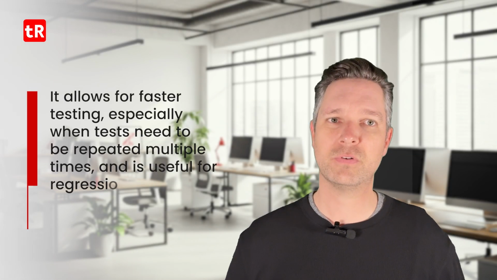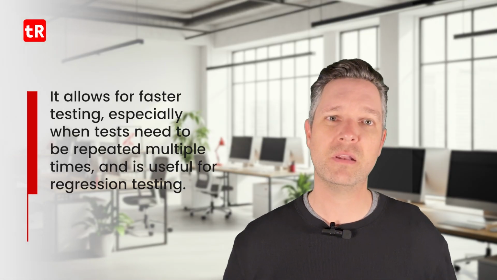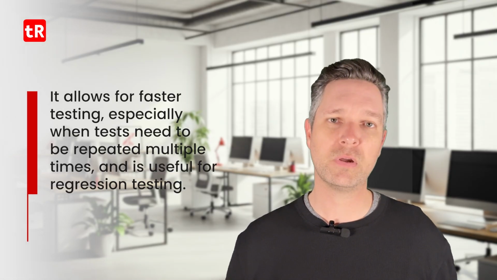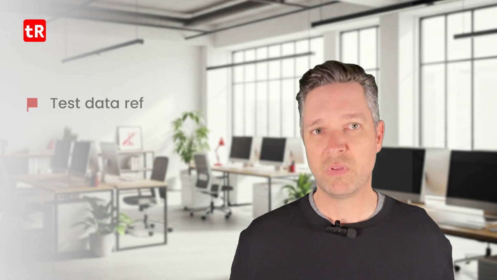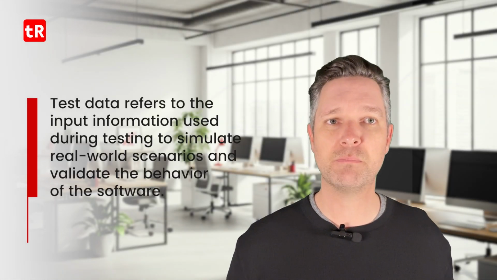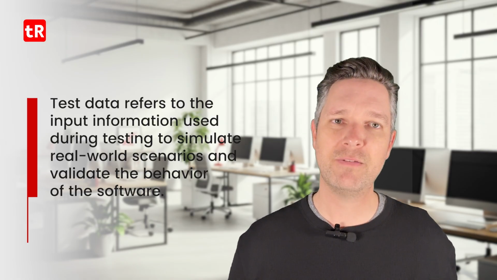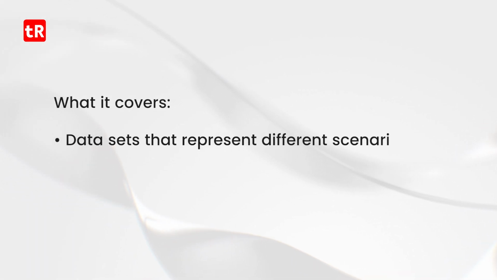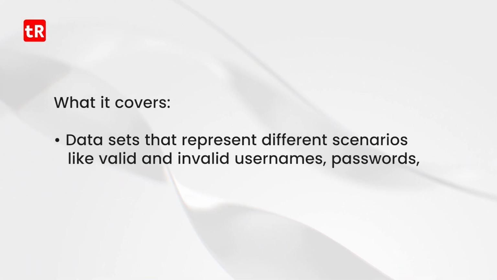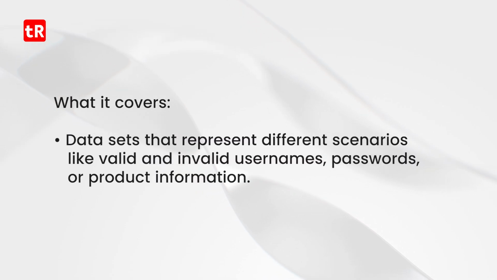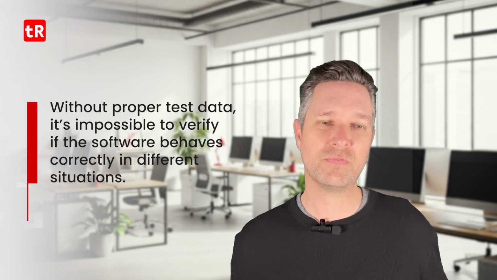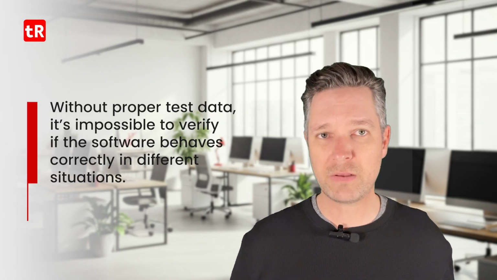It allows for faster testing, especially when tests need to be repeated multiple times, and is useful for regression testing. The next item is test data. Test data refers to the input information used during testing to simulate real-world scenarios and validate the behavior of the software. What it covers: data sets that represent different scenarios, for example, valid and invalid usernames, passwords, or product information. Why is it important? Without proper test data, it's impossible to verify if the software behaves correctly in different